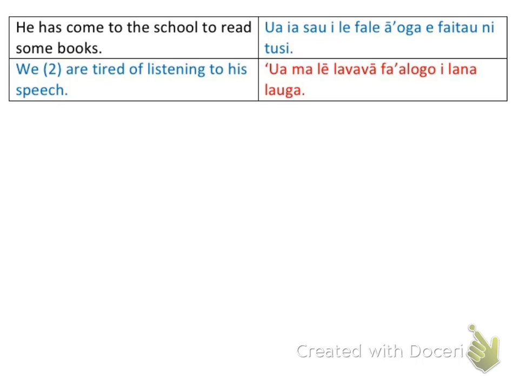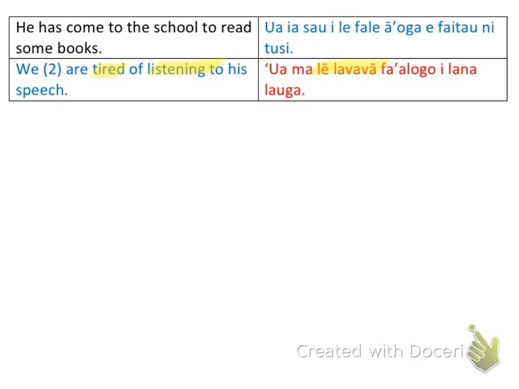So we too are tired, so this is the first verb, and then listening is the second. So le lava va, this is a plural way of saying it. And if you said lava, I would have been really happy, but just note that when there's multiple people being tired or not feeling up to something, then you just use lava va, you add a syllable to that.